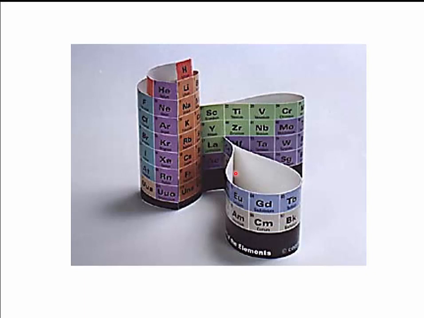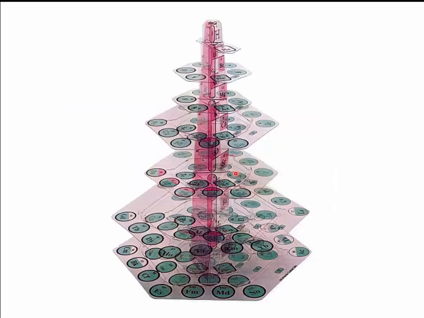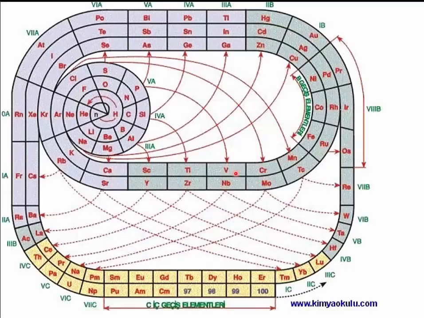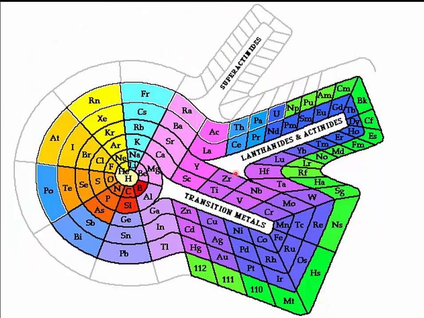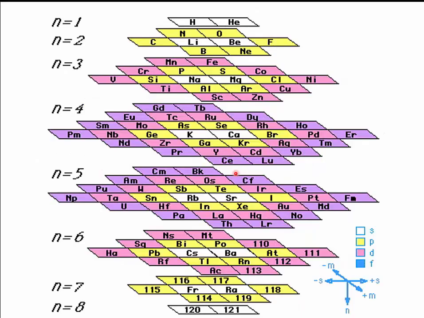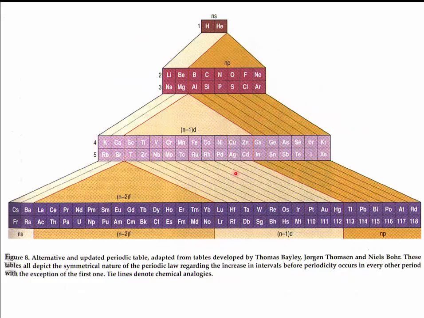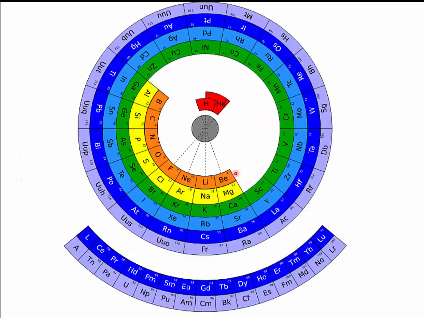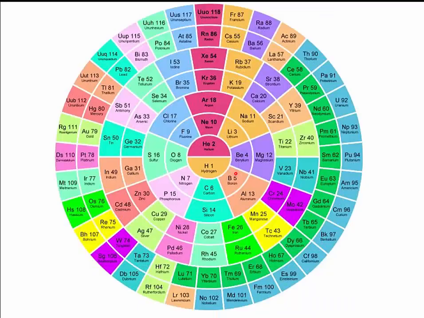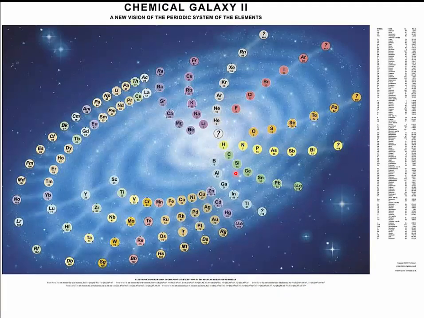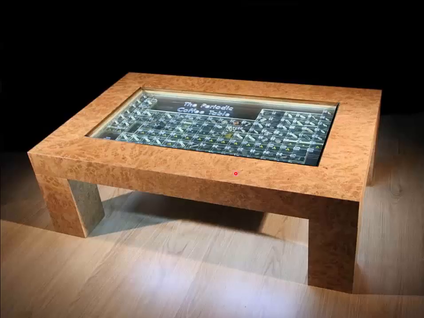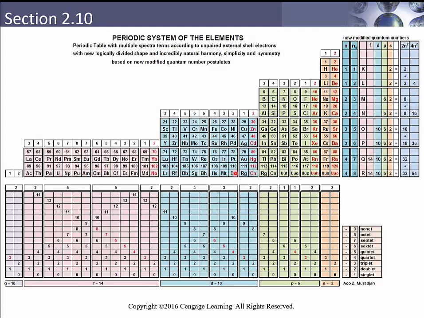So you can take those lanthanides and fold them in on themselves, or you could arrange it in a stack, like a Christmas tree, or you could do it as a racetrack, or a modified racetrack, or a stack, or a pyramid, or a clock, or a spiral, or a disk, or a galaxy, or an actual physical table, or you can organize it based on electron